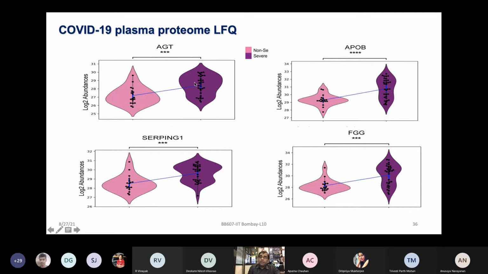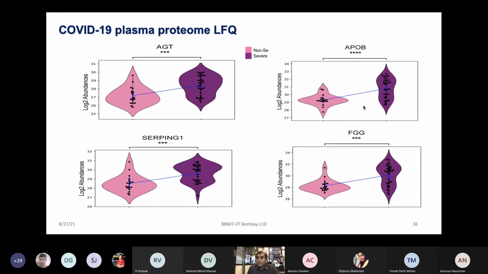So then we thought, can we now take some of these leads forward and validate those? No antibodies were available for many of these targets like FGG and AGT and a lot of these proteins. There are no antibodies available commercially. And in the lockdown time, especially in the time of COVID, even if you have antibodies commercially, you would not be able to get any antibody to do any further experiments.